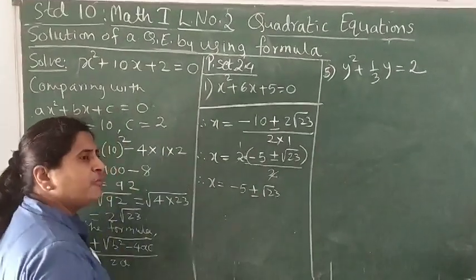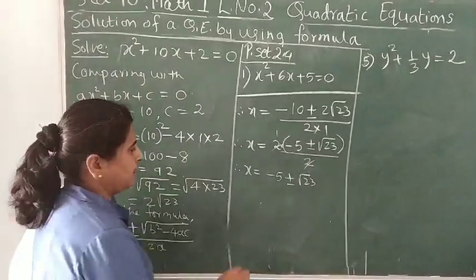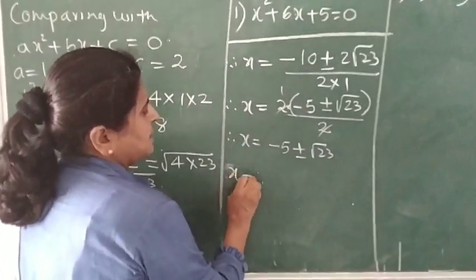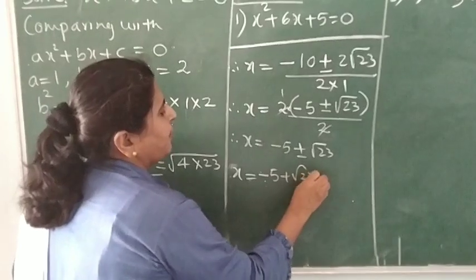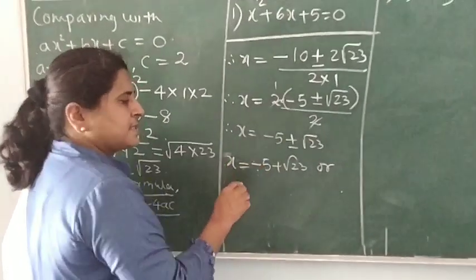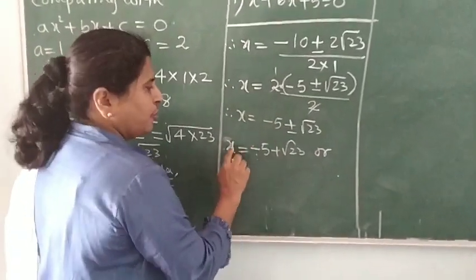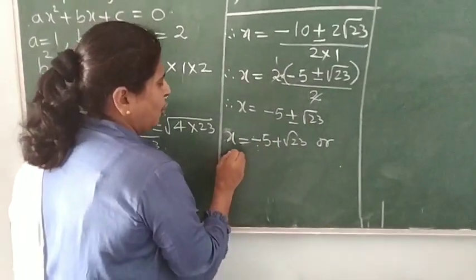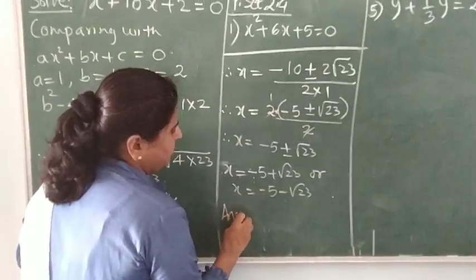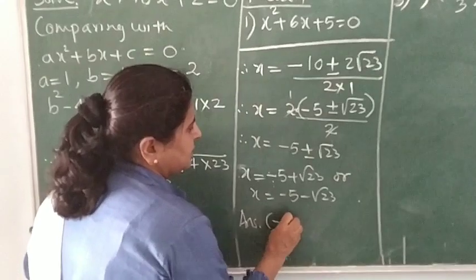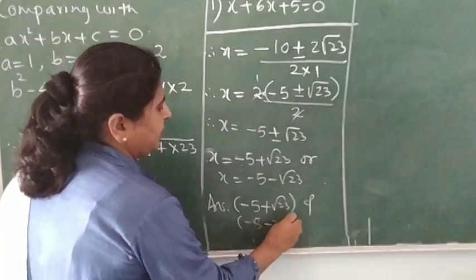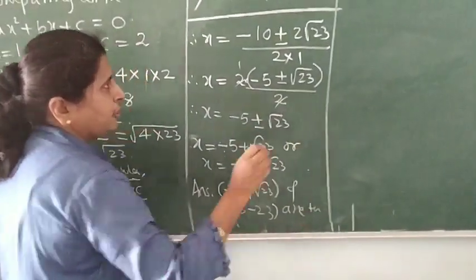So here also you have got the same values which we got in the completing square method. So your answer can be, first you write x is equal to minus 5 plus square root of 23. Why am I insisting on writing this step? Because sometimes marks are given in the marking scheme by the board for this step, and if you do not write it, you may miss your half mark. So don't forget this. So either x is equal to this value or x is equal to minus 5 minus square root of 23. And now you write the solution part, that minus 5 plus square root of 23 and minus 5 minus square root of 23 are the solutions of your equation.